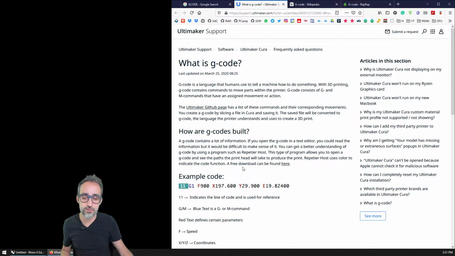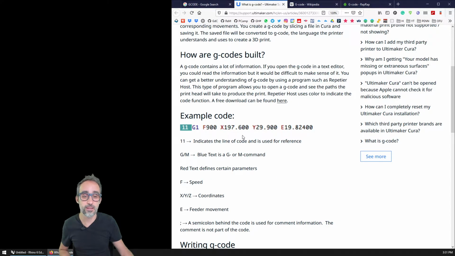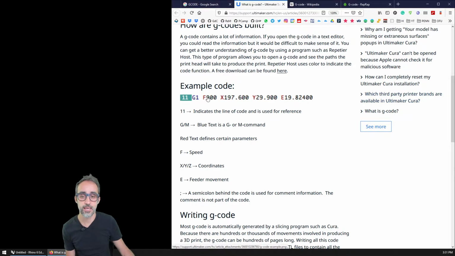The long story short is that a typical G-code program is composed of a lot of lines that look like this. They start with some kind of instruction code. For example, G1 is to move, I think, to an absolute location.